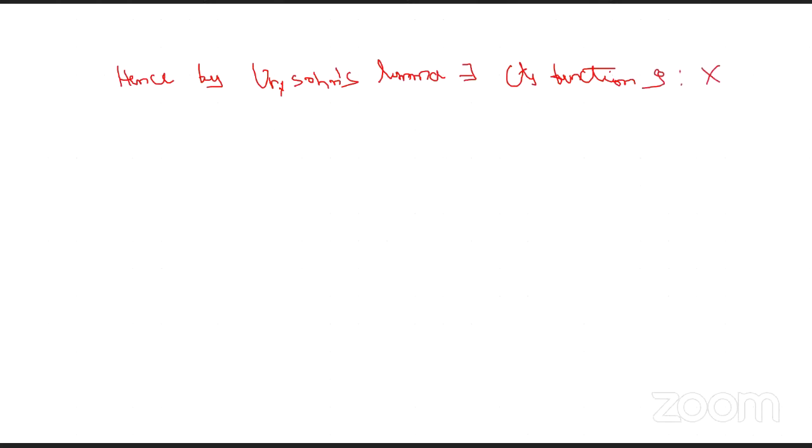So hence by Urysohn's lemma, there exists a continuous function g from X to R, all of whose values